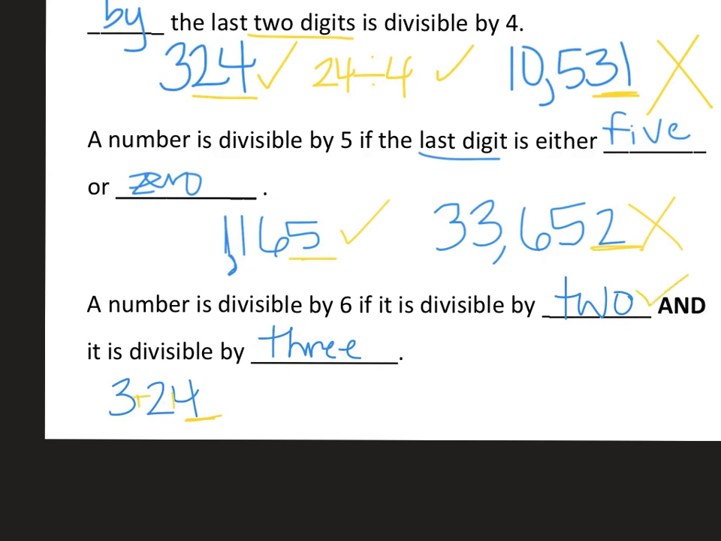And 3 plus 2 plus 4, 3 plus 2 is 5, plus 4 is 9. I think we saw that earlier. And 9 is divisible by 3, so it also passes that 3 test. Therefore, it is divisible by 6 as well. Okay. If you had something like